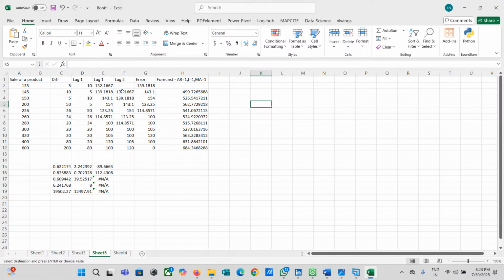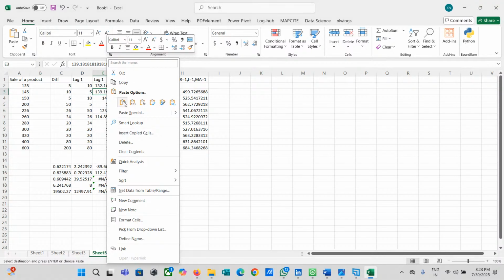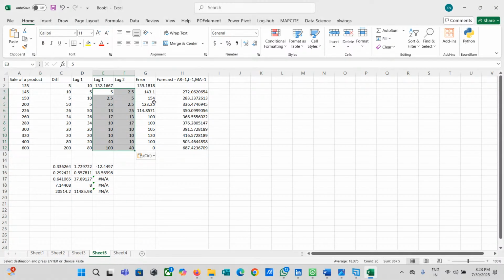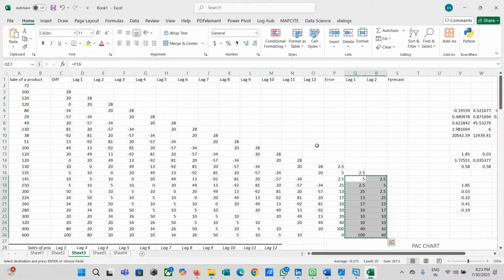So lag 1 error, lag 2 error. Let me paste it here. Okay, now we are going to paste our error lags.